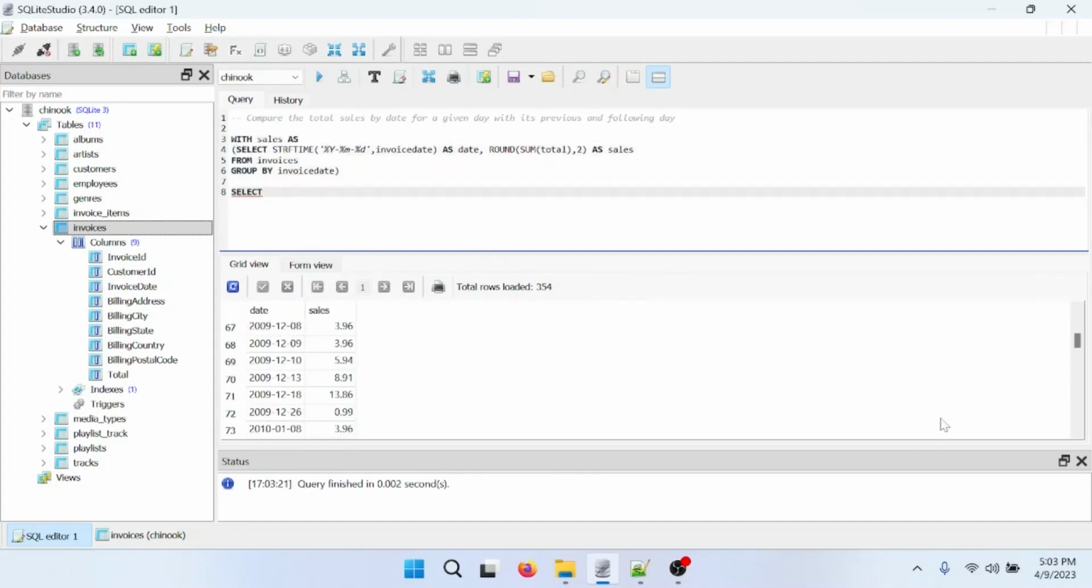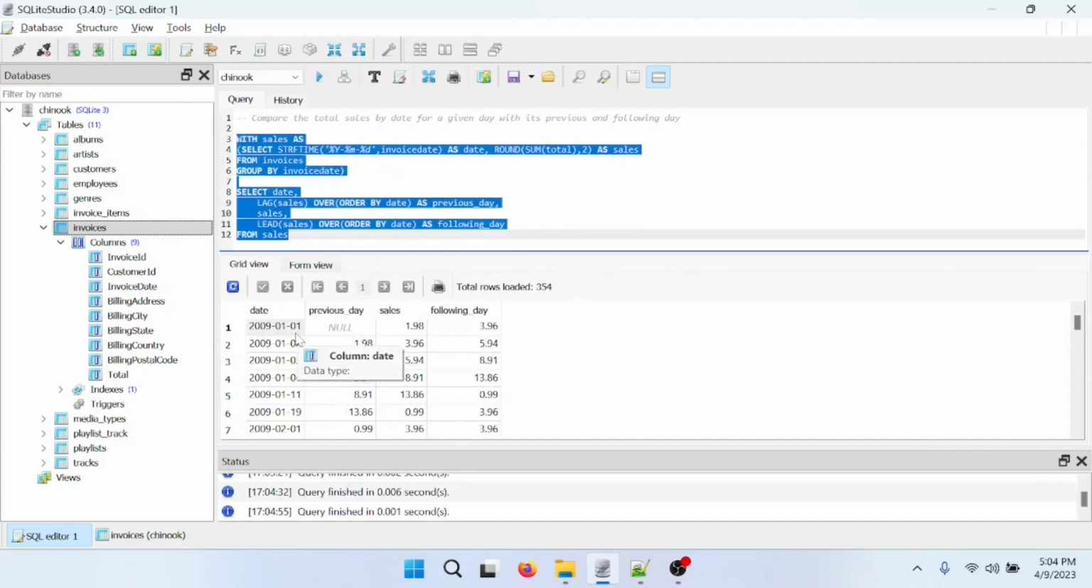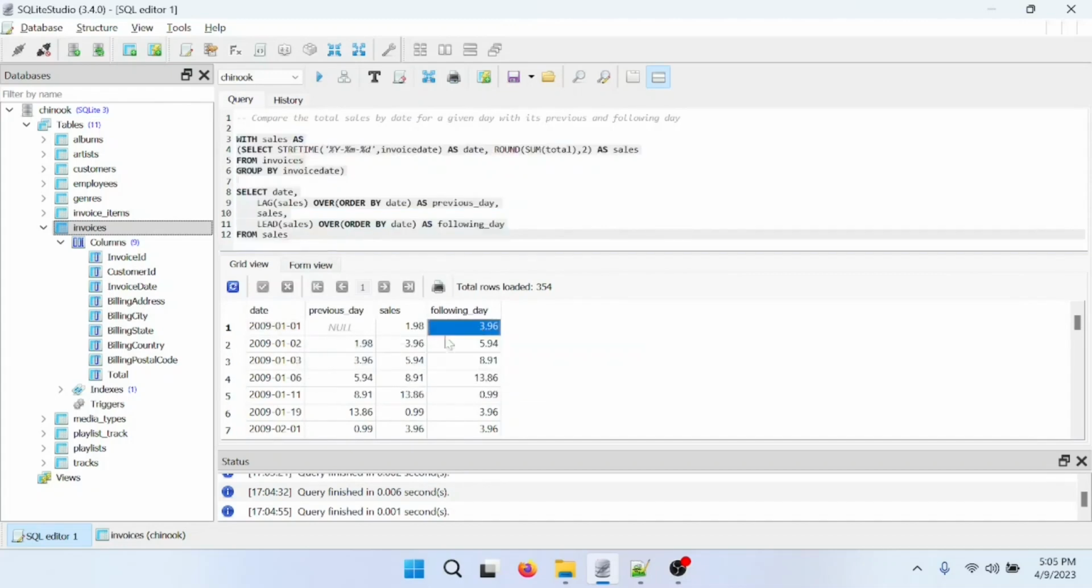Then let's use window functions for finding previous day and following day sales. Use order by on date and then use the lead function. As we can see, the first is the first day, so it will not have any previous day sales, but it will have the same day and the following day. Similarly, when you come towards the bottom, you will not see anything after the last day, so this is going